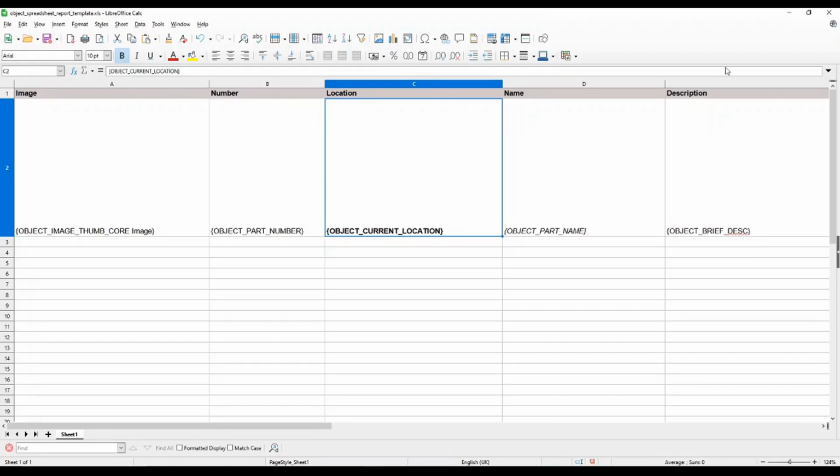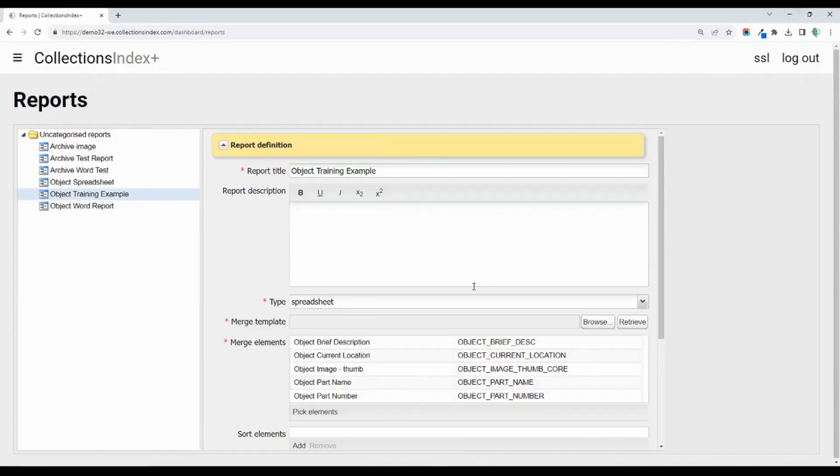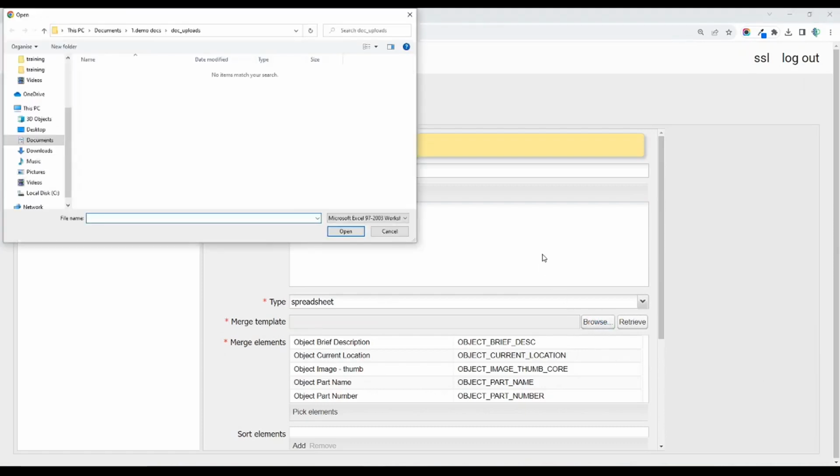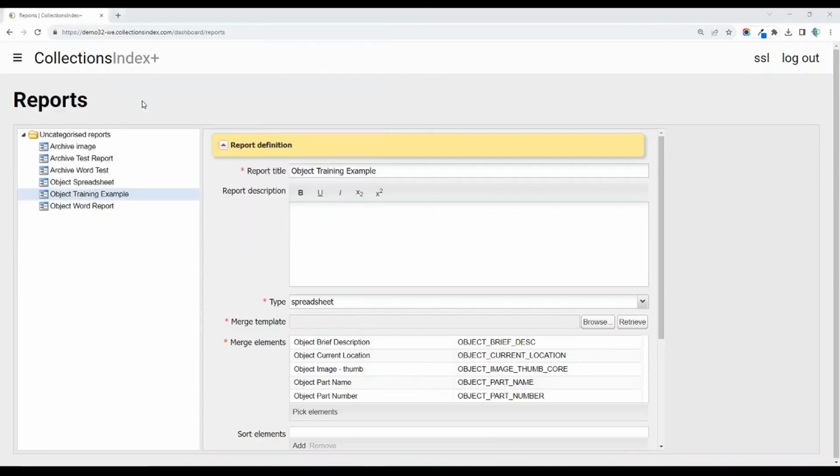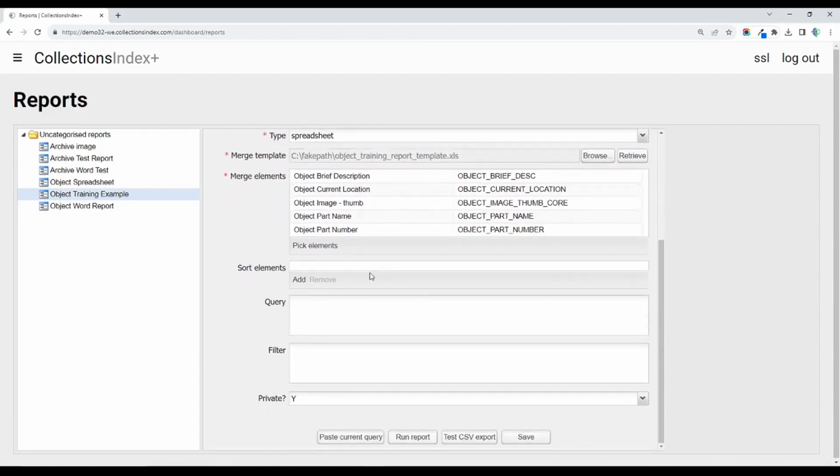And when I've saved it, I can then go and, in my report definition, go to Browse, I can then navigate to where I've saved my report template, and select it. And once that's in, I can then save my report,